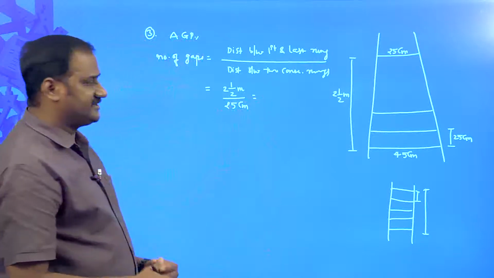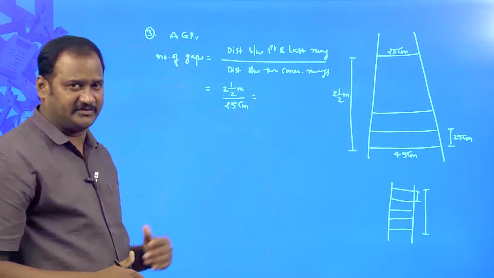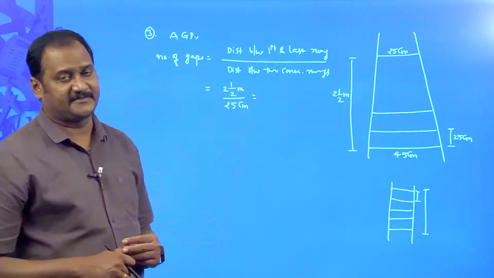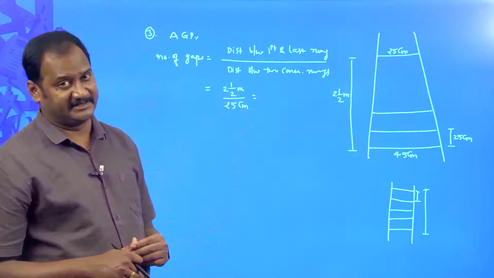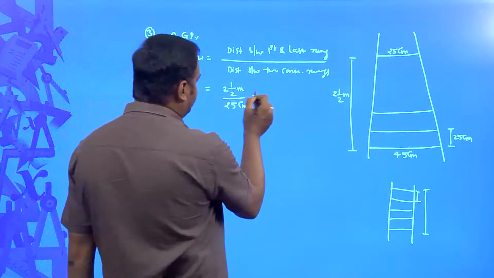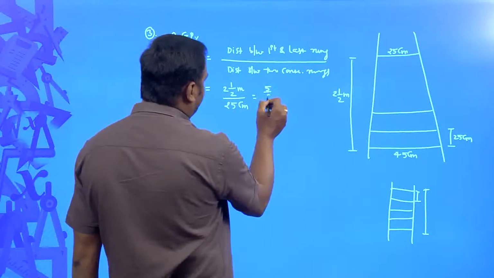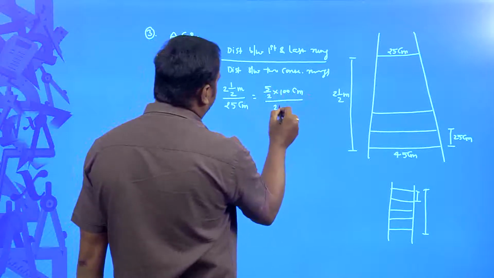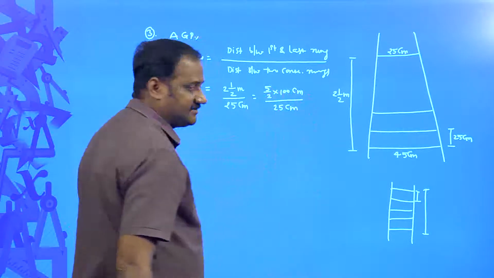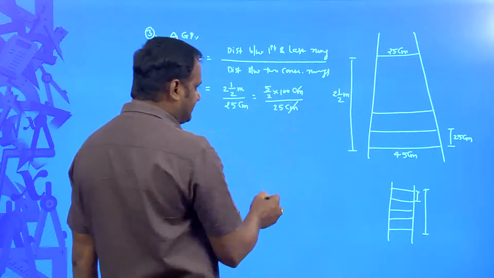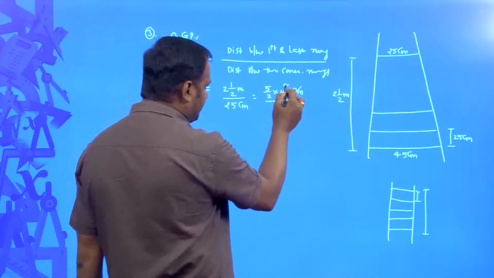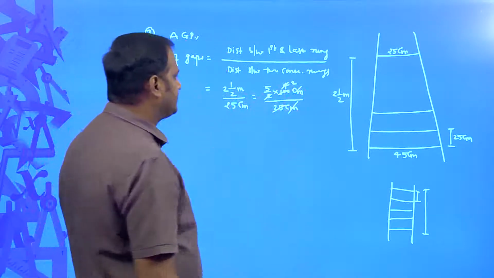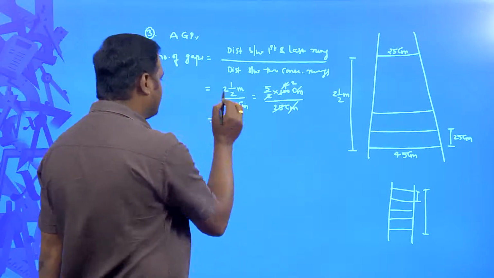See, the numerator is in meters, the denominator is in centimeters. So, you will have to convert both of them into the same units, anything is okay. So, 1 meter is equal to how many centimeters? 1 meter is equal to 100 centimeters. So, 2.5 meters means 2.5 is equal to 5 by 2, and 1 meter is equal to 100 centimeters, whole divided by 25 centimeters. Got it? So, centimeter gets cancelled. 25 ones are 25, 25 fours are 100, 2 ones are 2, 2 twos are 4. Therefore, the total number of gaps is going to be 5 twos are 10. The number of gaps is equal to 10.